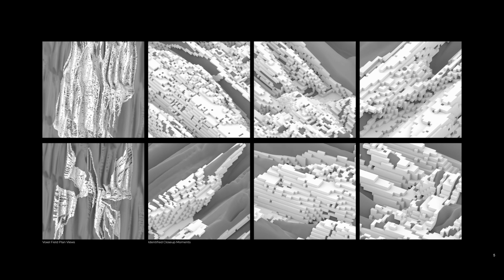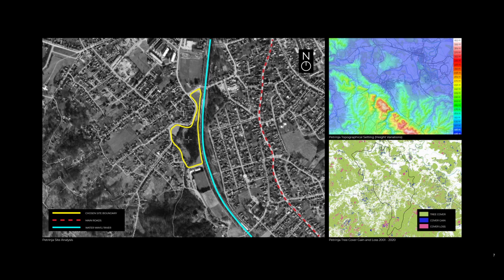With particular qualities that are suitable for high-density and high-quality architectural designs, we proceeded towards applying the experimentations to an identified site in Patrangia, Croatia. As mentioned, the site is in Patrangia, Croatia. It is within the proximity of the Patrangia city center. The site boundary has been highlighted in yellow. The nearest main road is highlighted in red dashed lines and the nearest branch of the Kupar River has been